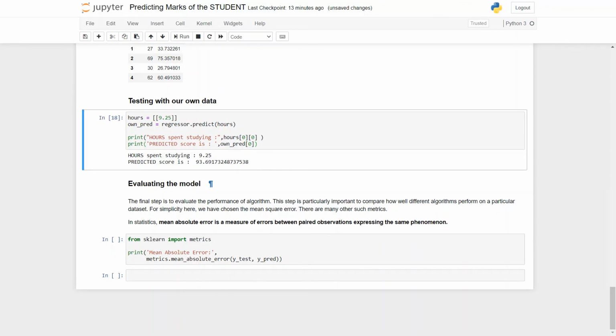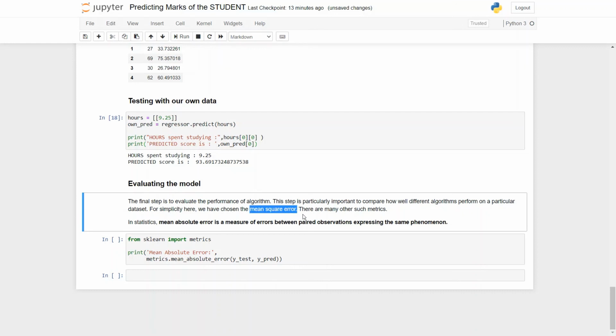Okay, then the last task is evaluating the model. The final step is to evaluate the performance of the algorithm. This step is particularly important to compare how well our algorithm performed on the particular dataset. For simplicity, we have chosen mean square error to cross-check how well our algorithm performed.